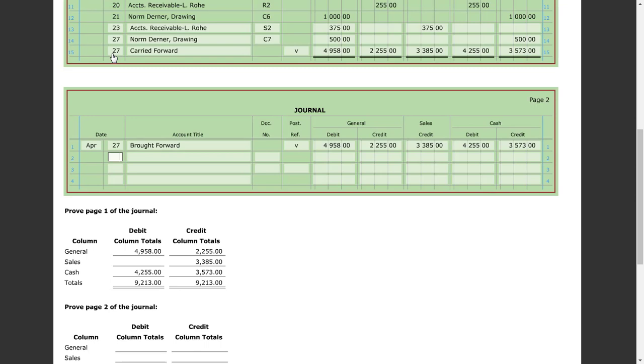So, numbers are carried from the bottom of one page to the top of the next. So two things that happen when we do this is sometimes people put brought forward here and carried forward there. You want to do it opposite alphabetical order. So C, then B. So we're going to carry it forward, and they're going to have brought forward. That is how we total a journal, and that is how we carry our numbers forward on top of the